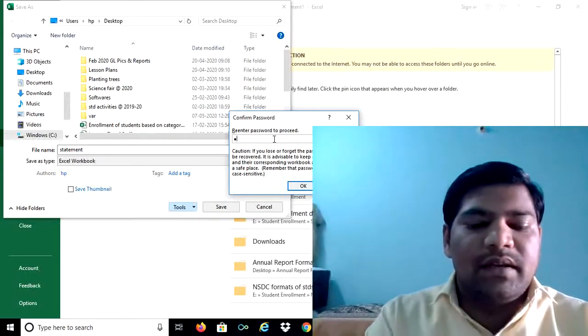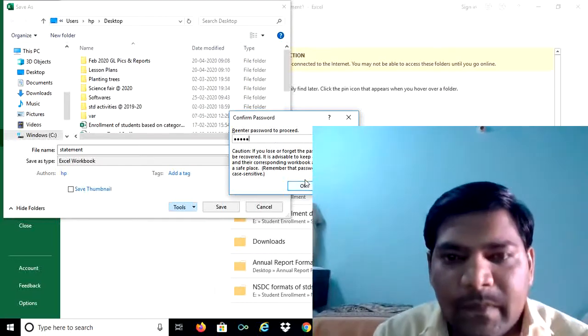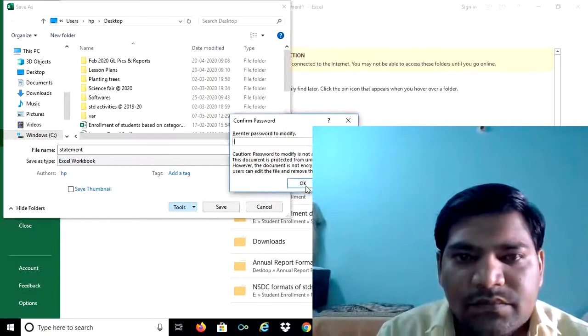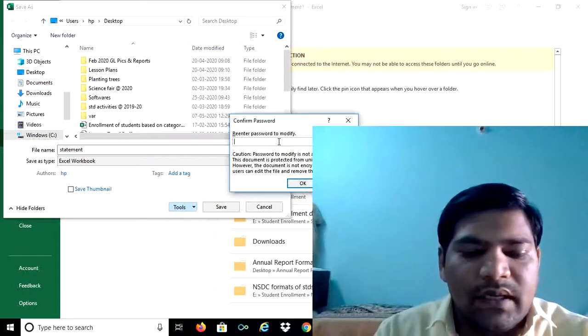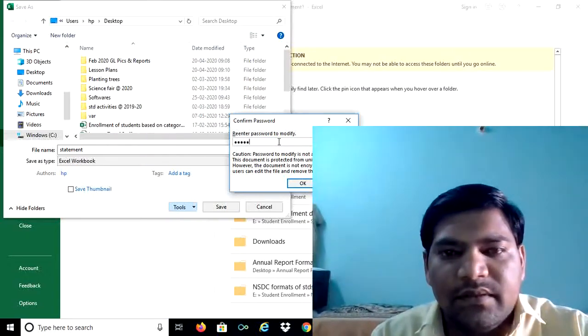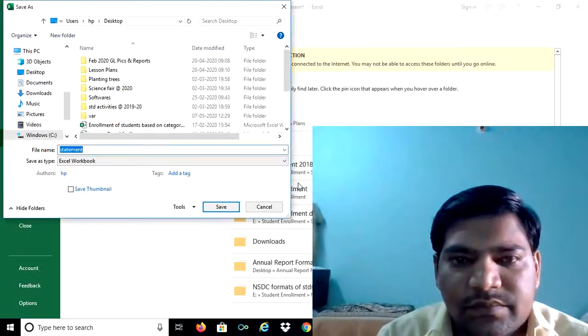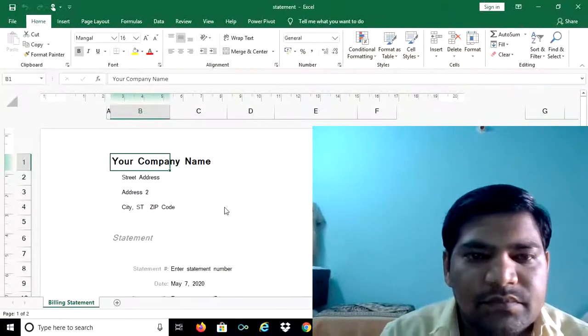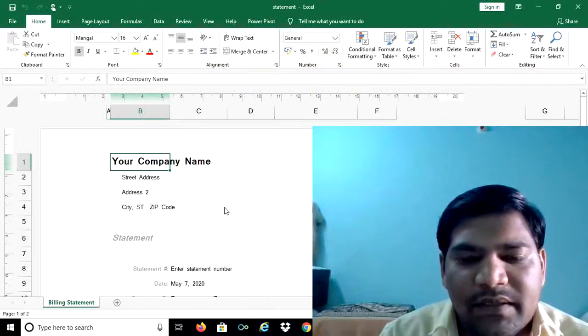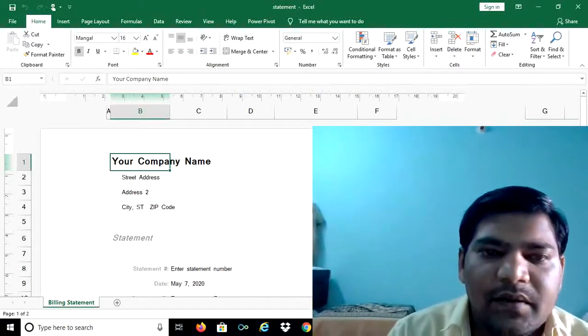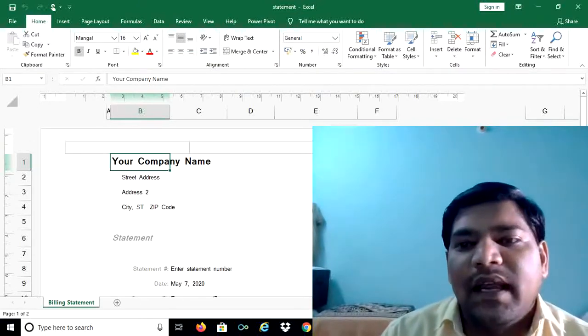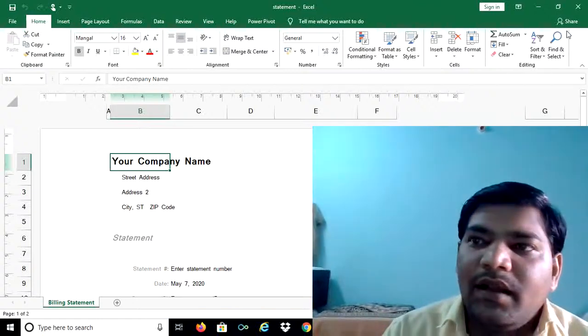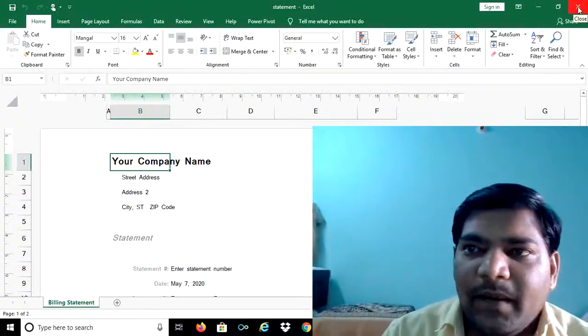So we can again re-enter the password, and again enter the password. Then Save. For newly created files, we can save the file and at the same time give the password to the file.